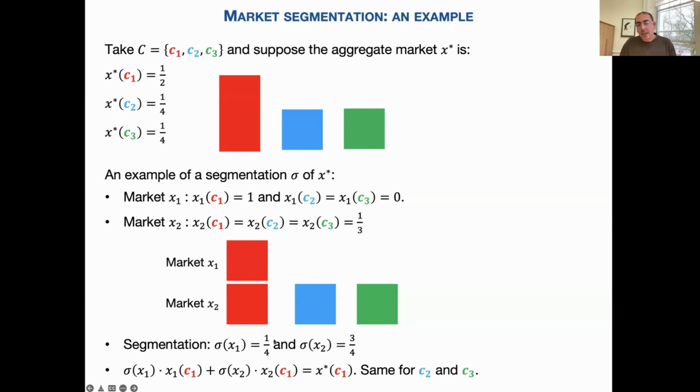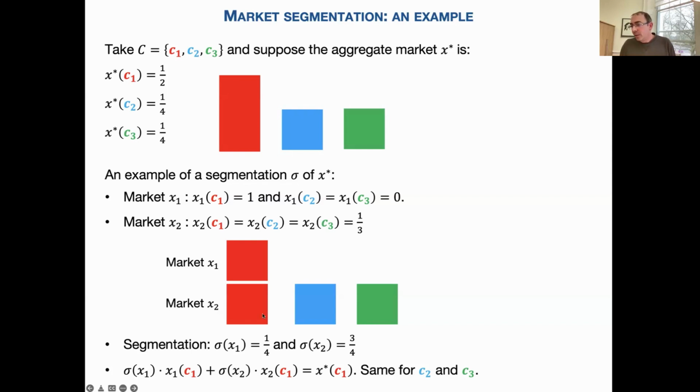So in this market, we're going to get a quarter times all the red. Then we're going to get a quarter times all the red. In total, we're going to get half of the red. And here, sorry, this market is taken with probability 3/4. So we're going to get 3/4 times a third of the blue, which makes a quarter, which was the original proportion of consumers that are blue, and the same for the green. So I start with this market,